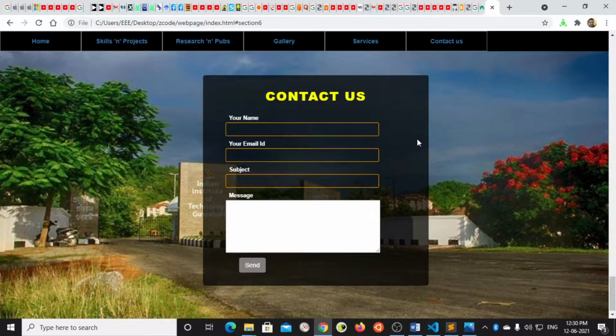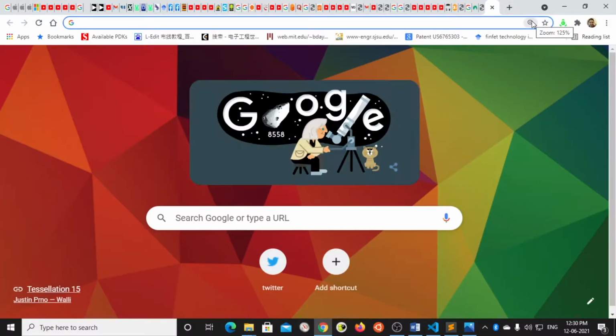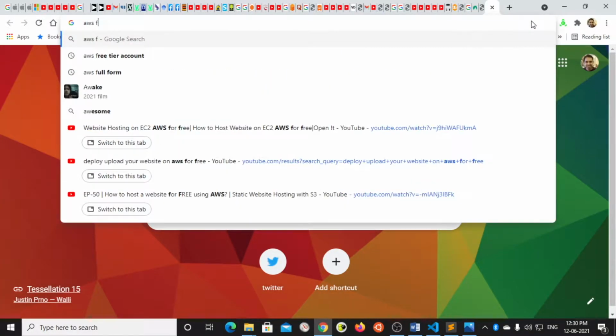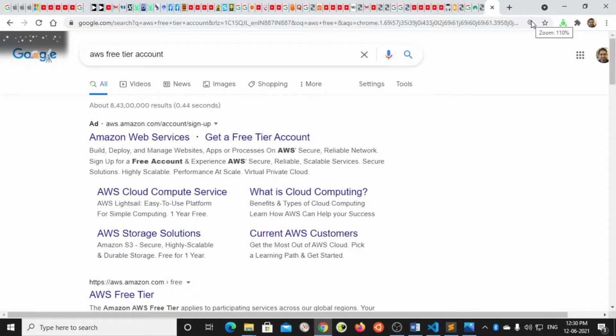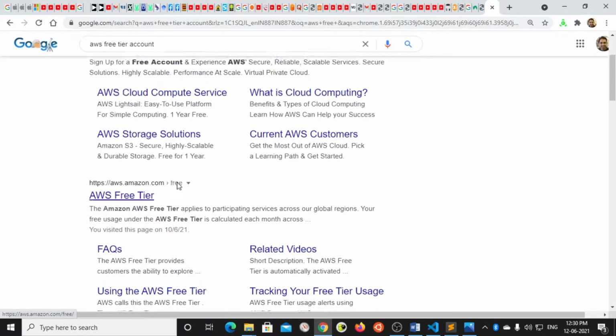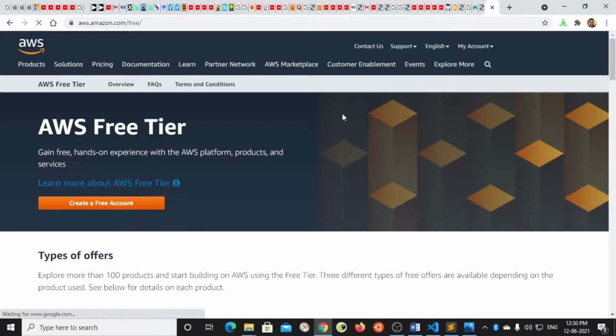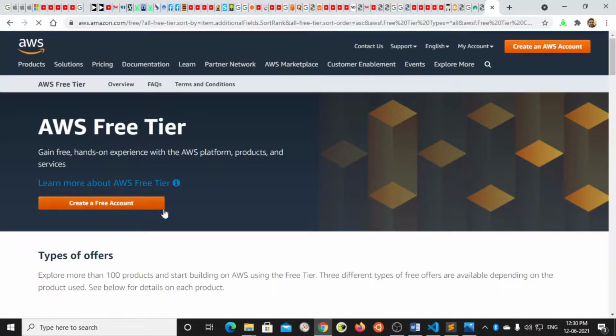Basically Amazon Web Services provide a 12-month free service, and after that it is chargeable. So for that I need to open the AWS free account first. So I have already created this account, so directly I go for login and then start the process.